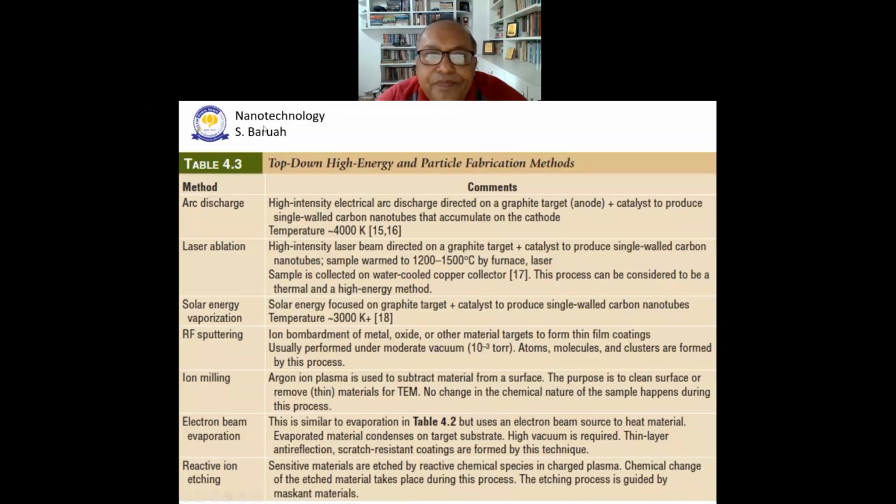Now we're talking about using thermal annealing, thermal energy for making nanoparticles, right? So these are high energy processes, very, very high energy processes. I have used a couple of them when I was working in Sweden. But these give you very, very nice particles and a lot of them. That means we get high yield and very consistent particles. That means most of the particles are of the same size and the same shape. Okay, laser